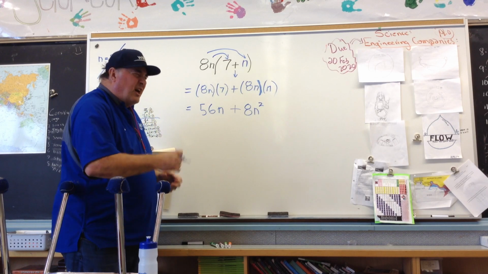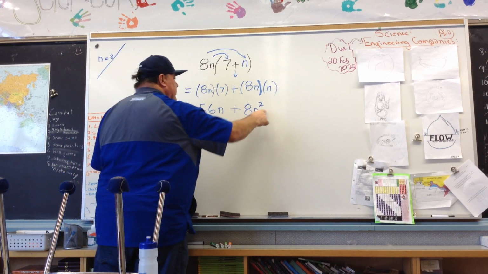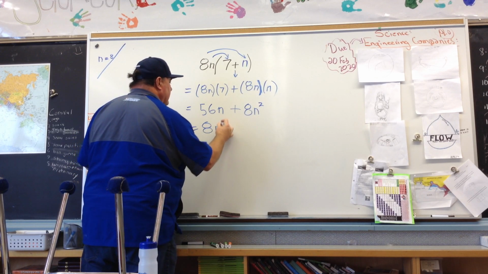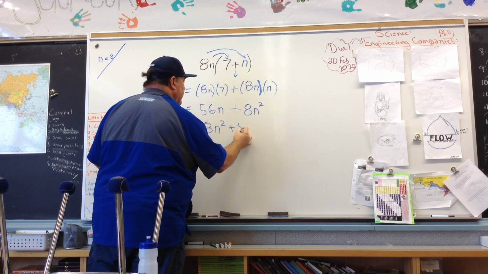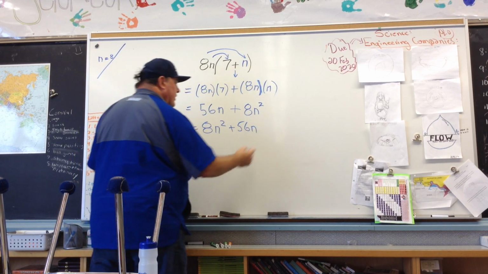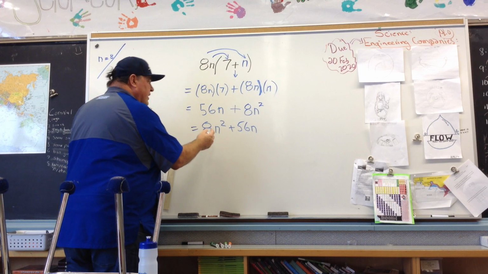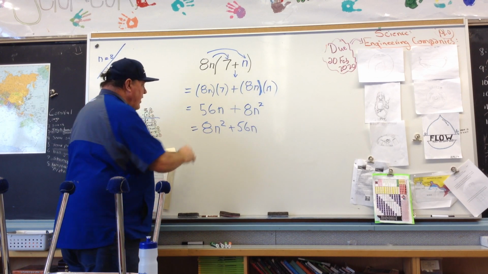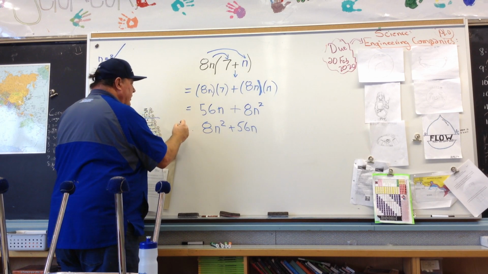And if you want to finish it off perfectly, exponentially they should go in order. So I would put my final answer as 8n squared plus 56n. And if I had a number without an n, then I put it here. If I had a number 8 cubed or 8 to the 4th or a higher exponential power, then I put that over here, you know, 17n